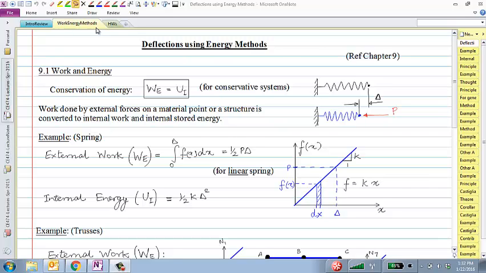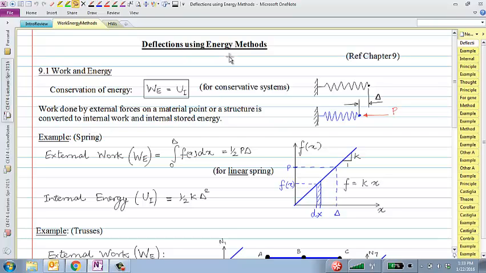But what we'll do today is go over the material that I had started last time, and pretty much finish out the handout that I gave you last lecture. So basically, what we were talking about last time was this new topic of calculating deflections of structures using the energy method. And I told you last time that essentially what the energy method relies upon is the fact that any